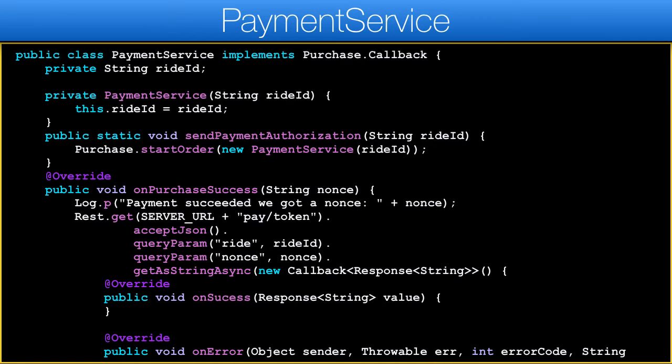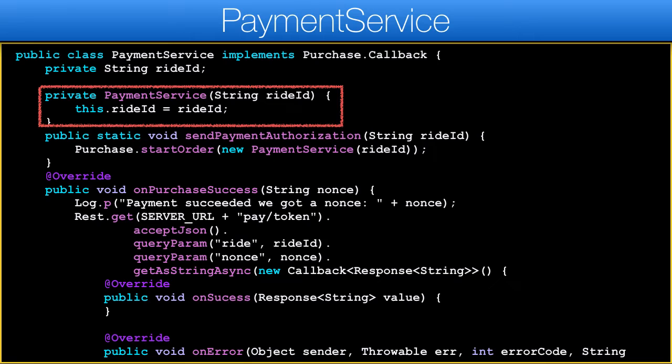We'll start the client side with the payment service class, which encapsulates the web service aspects. Payment service has a private constructor, so it can't be instantiated by other classes. We use the instance of this class to get callback events from the client-side purchase API using the purchase callback